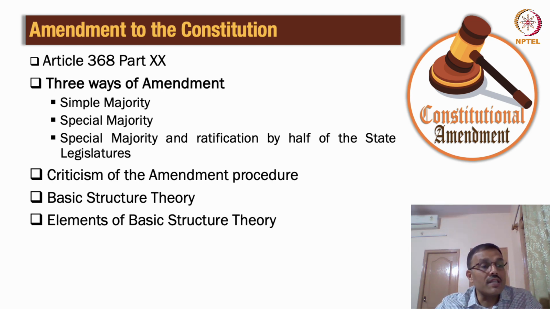Now, the bill must be passed in each house, that's the Lok Sabha and the Rajya Sabha, by a special majority sometimes, and sometimes by a simple majority, or sometimes by a special majority and ratification of half of the state legislatures. We will try and understand which part of the constitution will require these three processes. You will notice that sometimes it requires a two-thirds majority, as the case is. That is what special majority is. Simple majority is more than half.